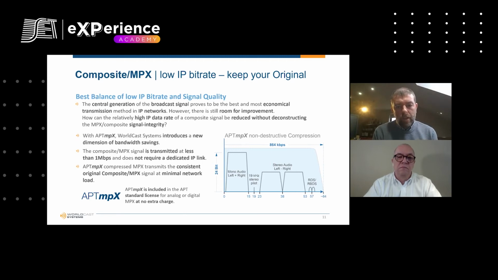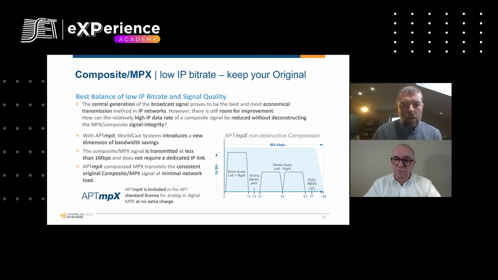With this non-destructive compression algorithm, we're able to further reduce the bandwidth requirement down to 860 kilobits. Where we were doing 2 megabits before on 16-bit with the bandwidth limited, we're now down to 860 kilobits. And this is the world's first non-destructive